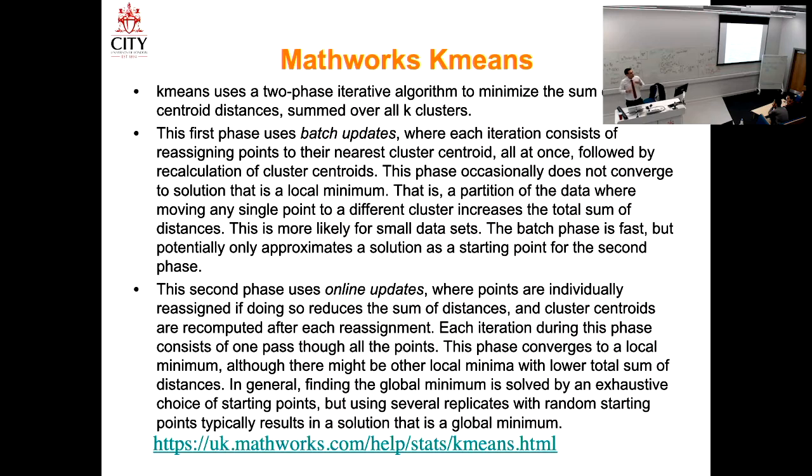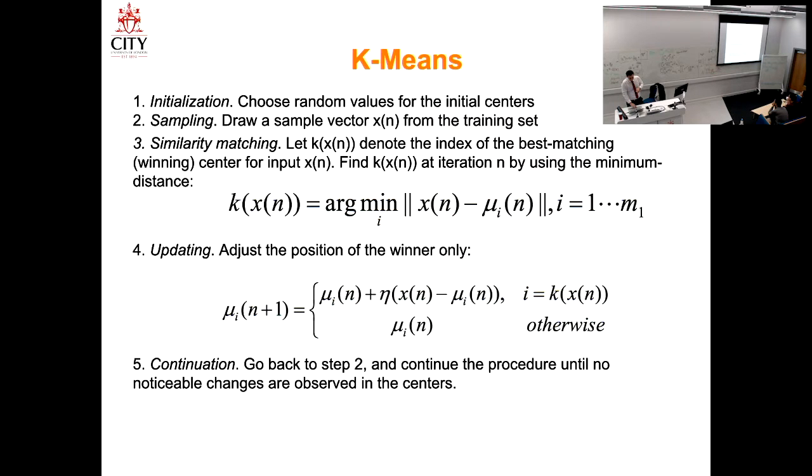In MATLAB, in the first phase, it does the batch update, and then it does online update. So the online one is once you have some means, you have chosen some data there, then you go through the online one. You feed one data at a time. So what it would look like is something like this. For every single one of your data, draw one. You have chosen random values for initial centers. Draw a sample from the training set. Find the closest one to that particular sample and update the mean that is closer to that,